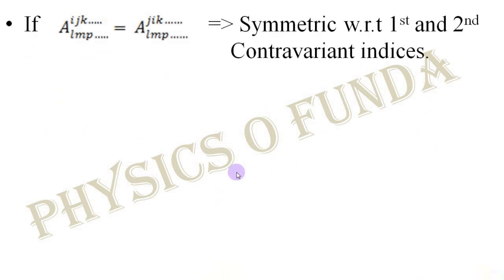Now if we generalize the definition of symmetric and antisymmetric tensors, then what we get? If this equation holds, where the contravariant indices i and j are swapped but the form of the tensor remains same, then this type of tensor is called symmetric contravariant tensor with respect to first and second contravariant indices. Likewise,